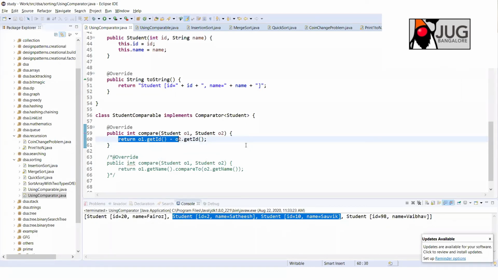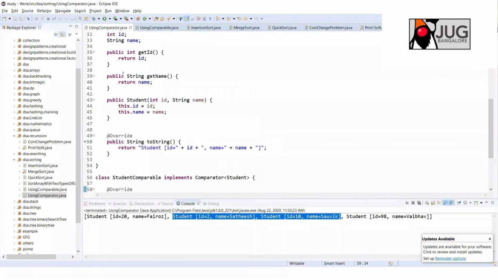This all comes down to how you write this compare logic. I have written a very simple one, but you can have complicated logic also. Whatever priority you have decided, you can write logic based on that, because now you have a complete object. This is what I have passed, and you can access all the public fields from it.